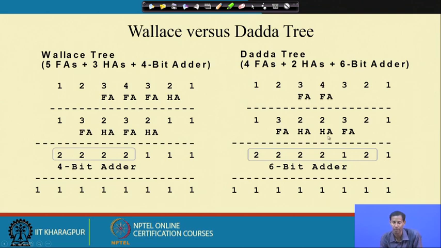So, in the next level, I will use a full adder for these 3, one half adder for these 2, one half adder for these 2, and a full adder for these 3. So at this particular stage, 2 is 2, and 3 will produce only 1. Then 2 produces 1, and the carry from this particular level,